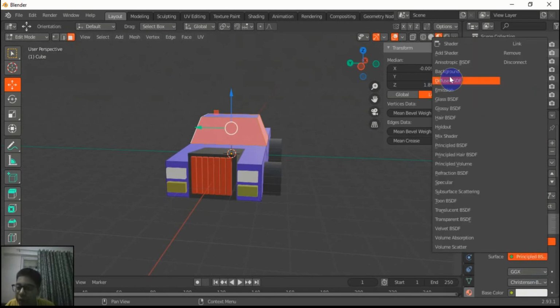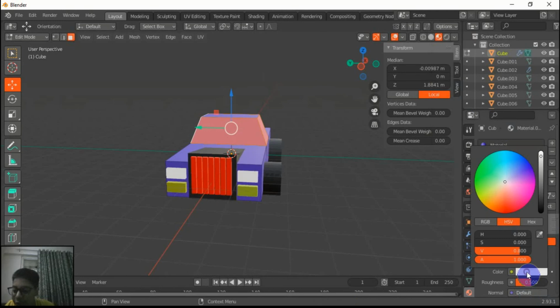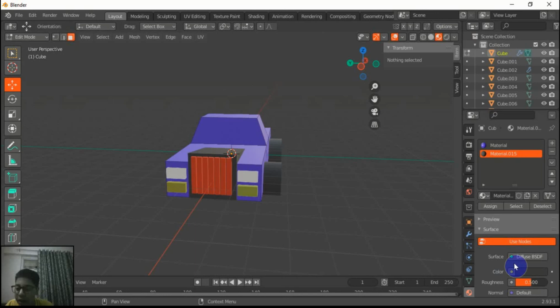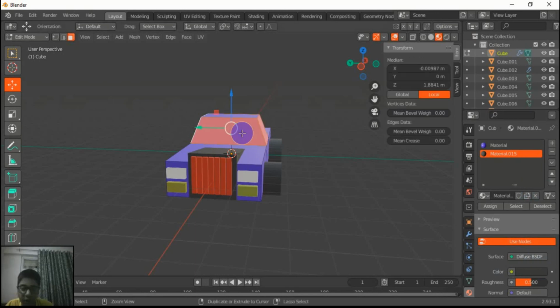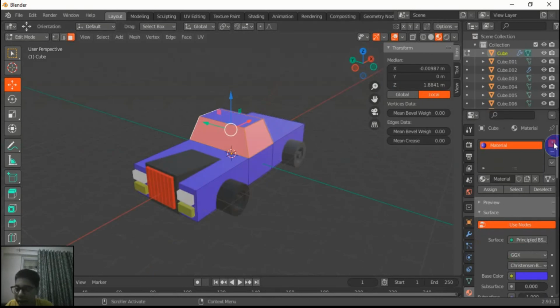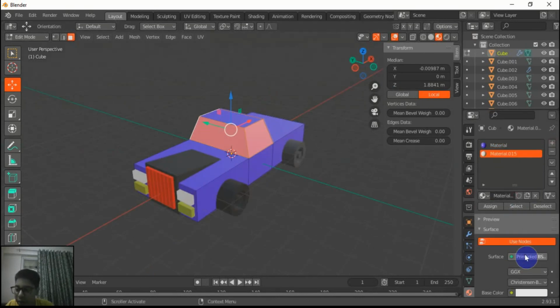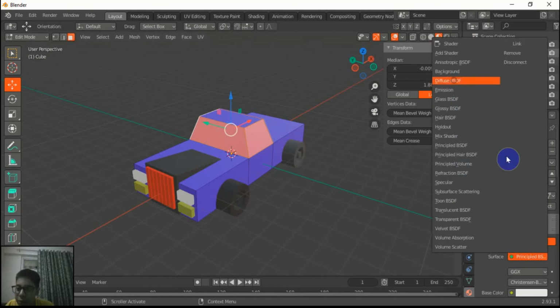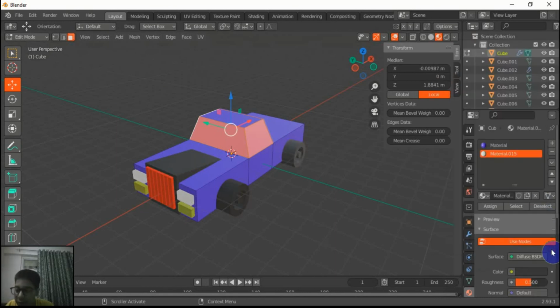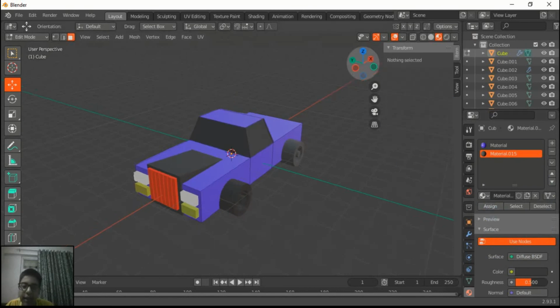Now for this we will make it diffuse BSDF. The colors I am making it black and here, so for this add again, add new, diffuse BSDF in black and we will press assign. So this is our black color.